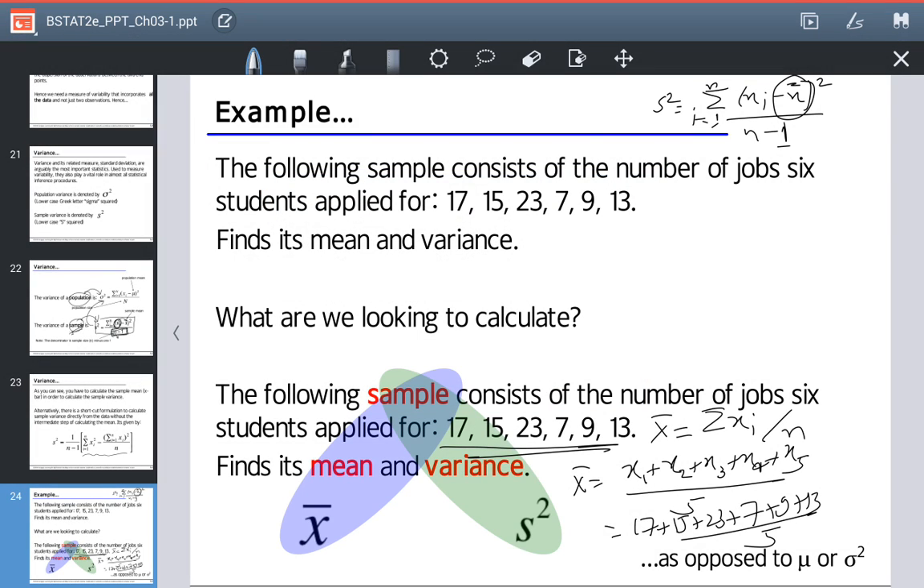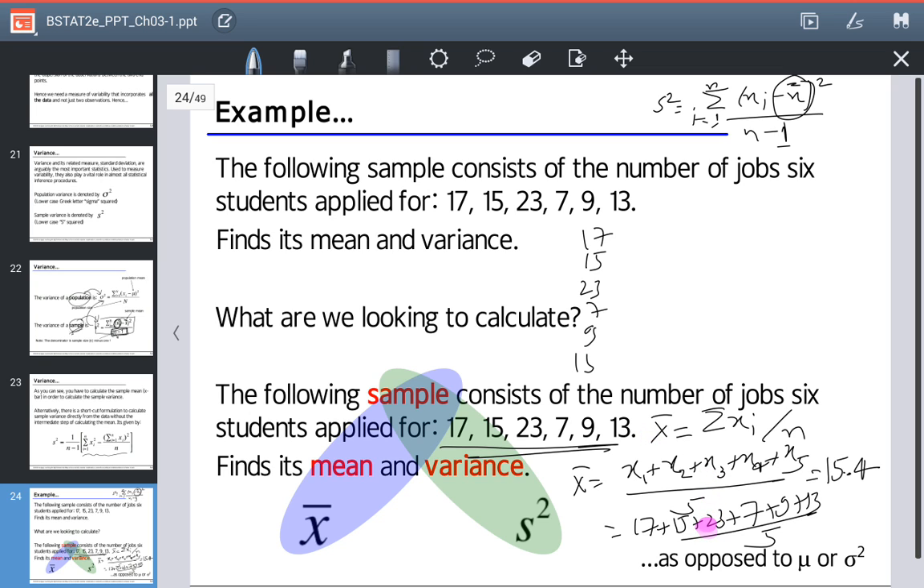Okay, let me just erase this measure. Plus 13. So this is 77 divided by 5, which is 15.4. So if it's right, then it should be 15.4. I will suggest that the first step is listing this data like this: 17, 15, 23, 7, 9,